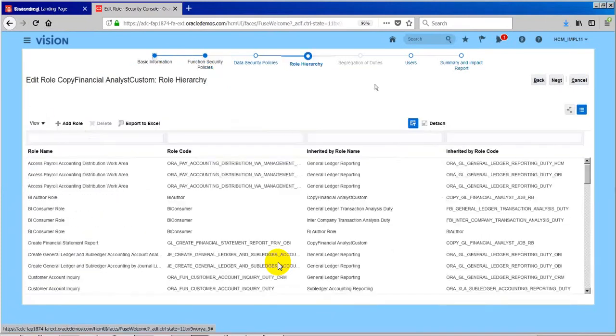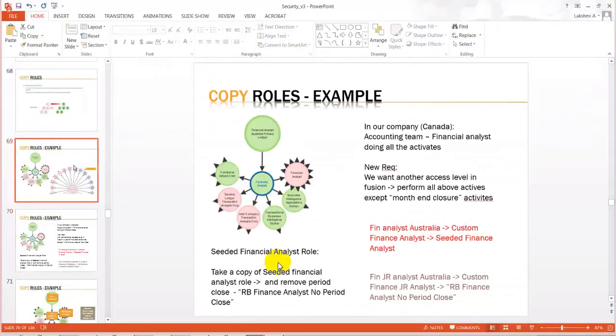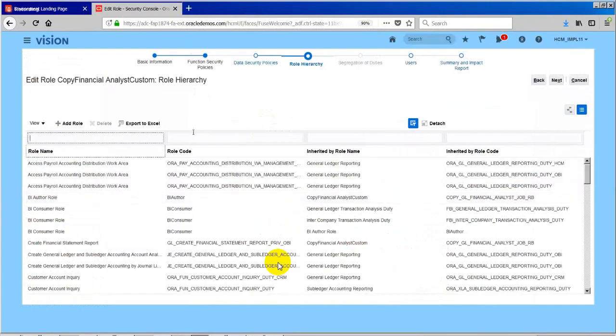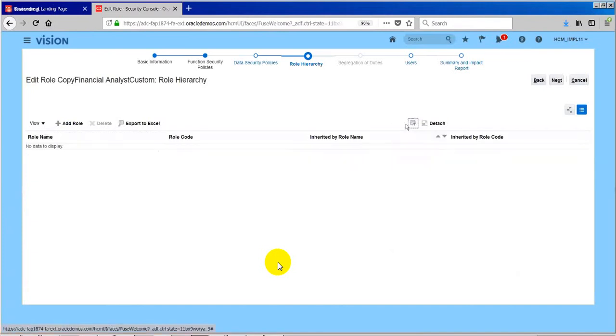In the role hierarchy, I need to look for, what's the name of it? Say manage periodic close activities. So let's see that. I think it is searching with code.